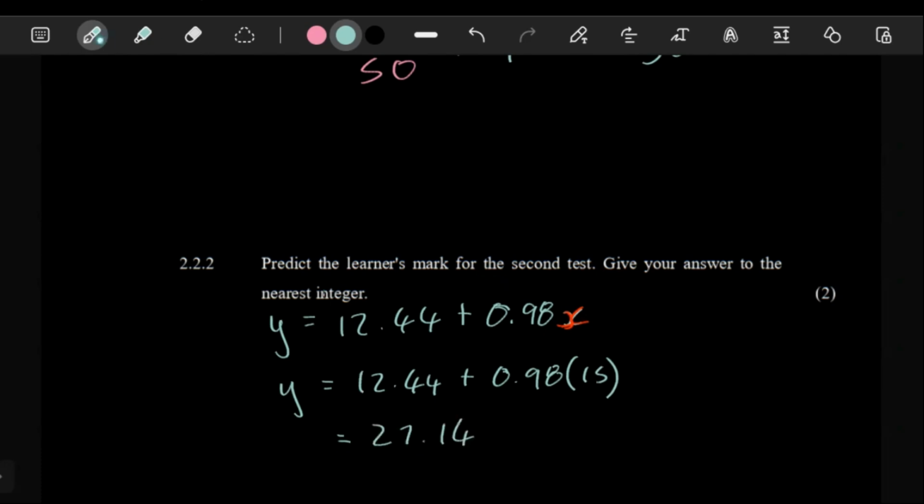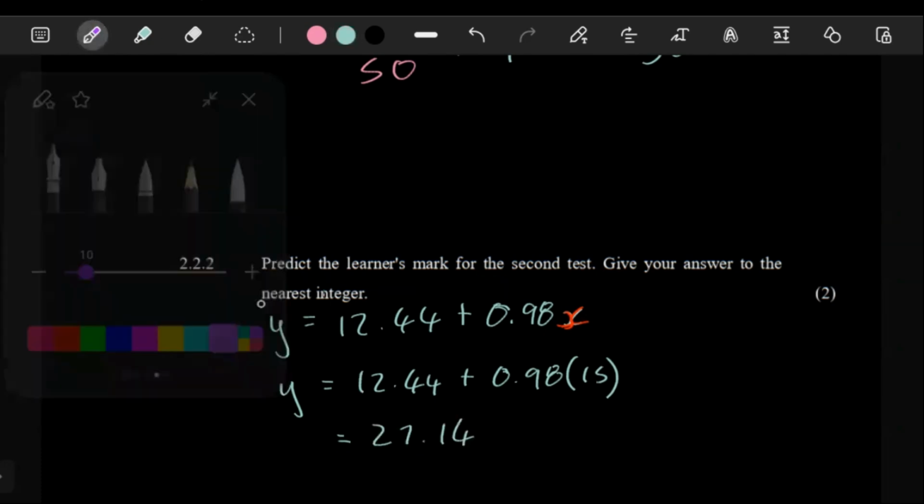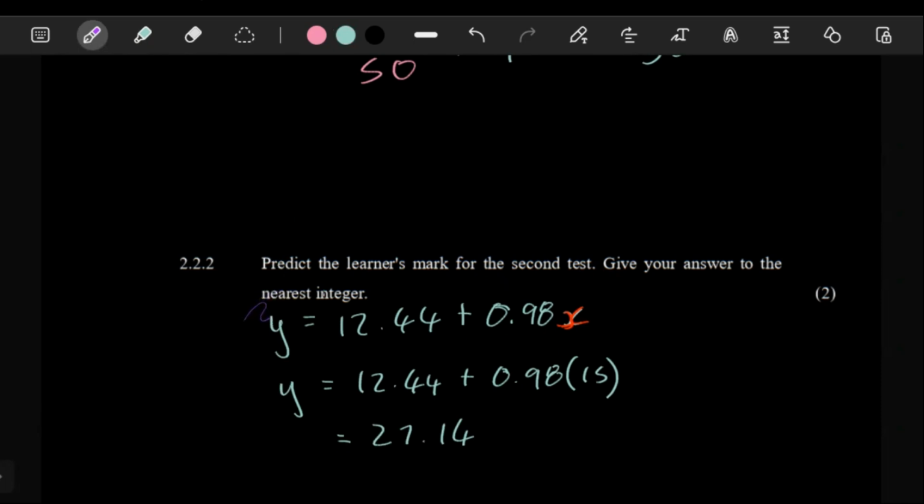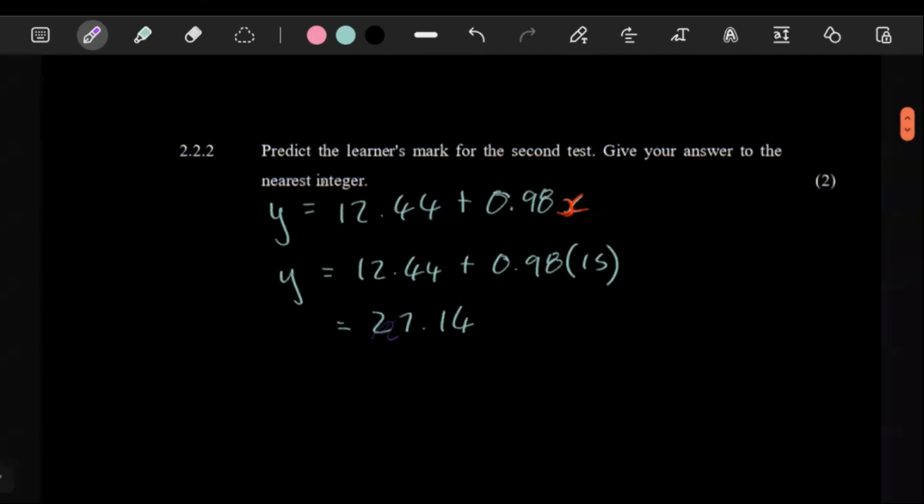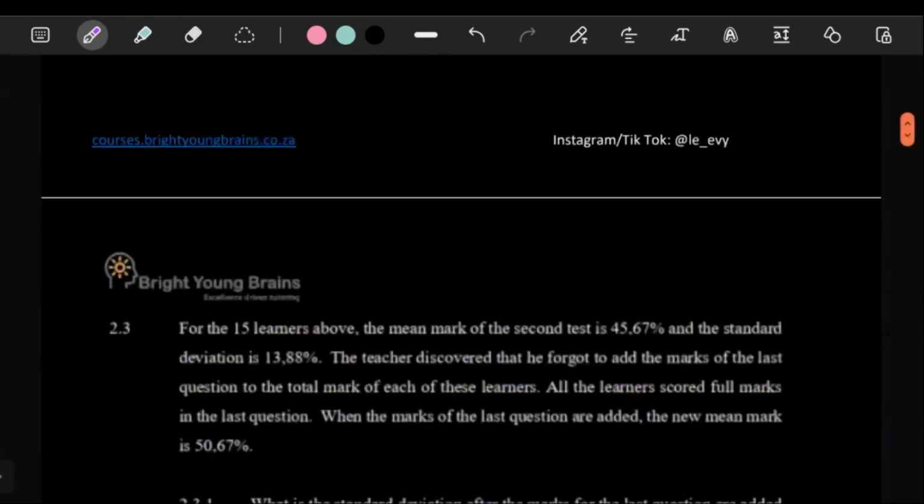27.14. Perfect. But they said to the nearest integer. So here you're going to say, therefore, it is equal to 27. You see, that's the mark that this person would get. They would get a mark of 27. And that's what you would leave it as, since they said they want you to write it to the nearest integer. So with the next one, which is question number